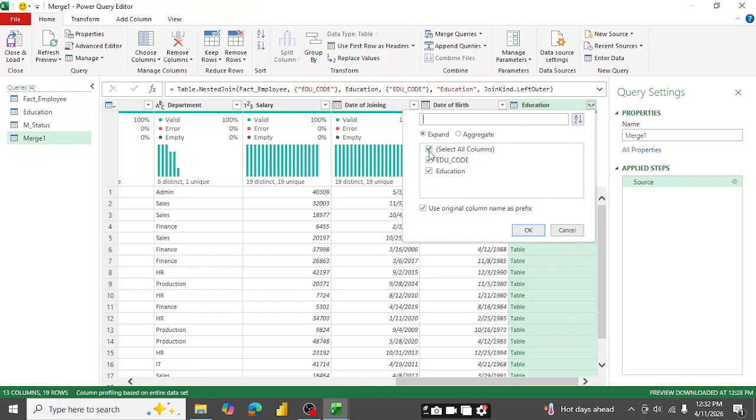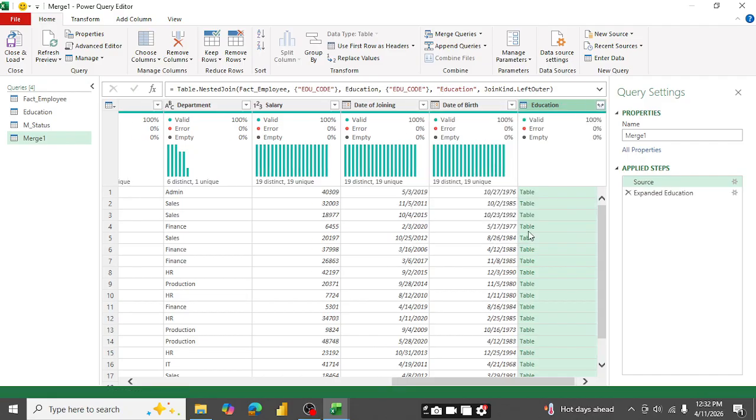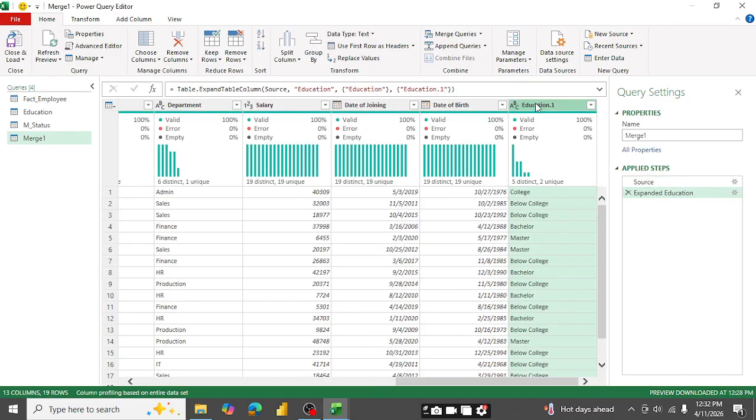If we select according to education, we have to uncheck the edu code and use original column profile as prefix. We have to remove the text from here, and it will gather all the information, education C, education 1, and